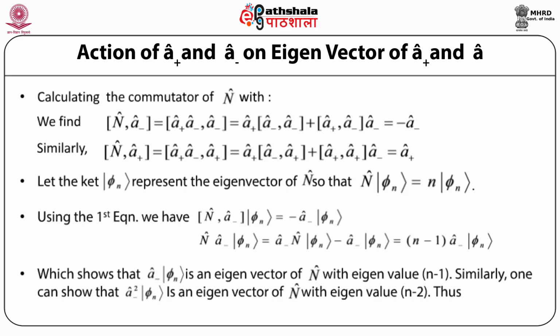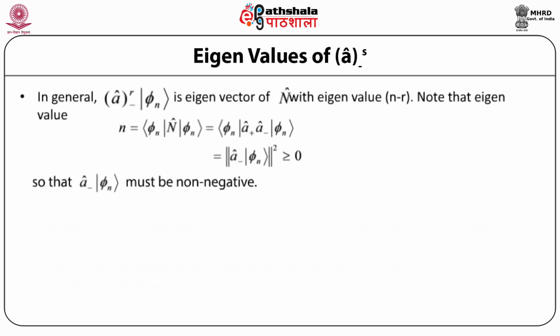Similarly, one can show that if the lowering operator acts twice on the eigenvector phi n, then the corresponding eigenvalue turns out to be n minus 2. Eigenvalues of the lowering operator to the power s, that is, if the lowering operator acts on an eigenvector s